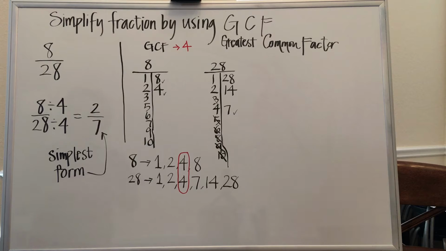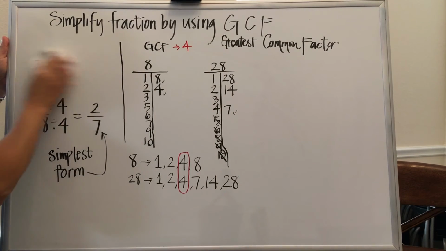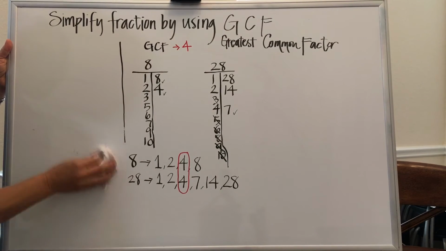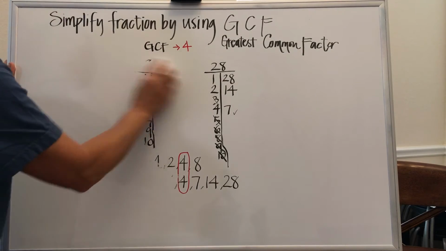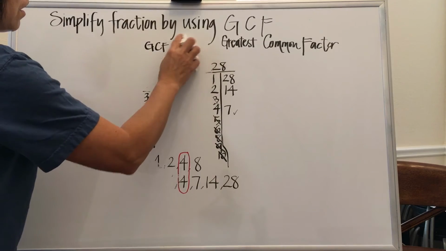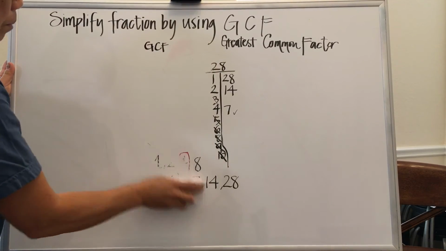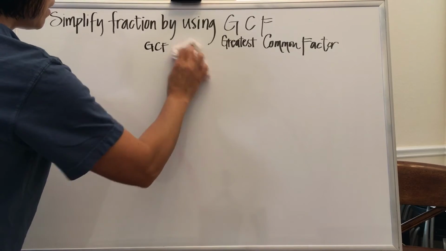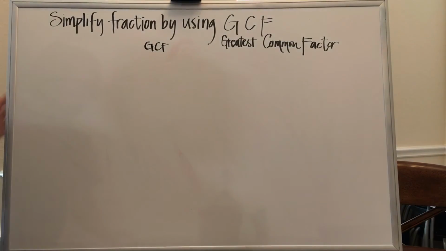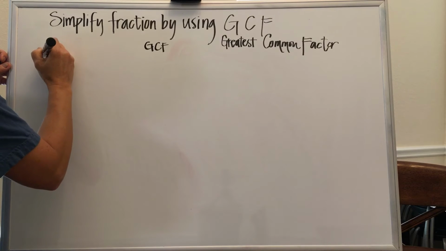Okay, now we're going to look at one more example here. And let's see if I can get this board nice and clean pretty quickly. This next example, we're going to look at one that actually has a prime number. A lot of us think, oh, there's a prime number, so it's automatically in the simplest form. And that is not necessarily true. So we're going to look at the fraction that is 13